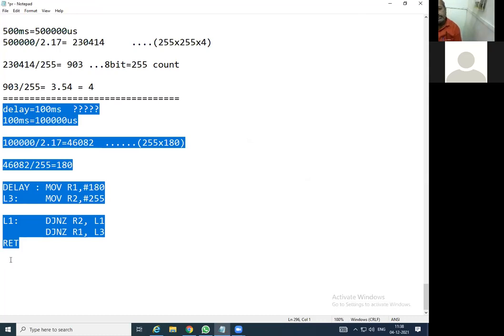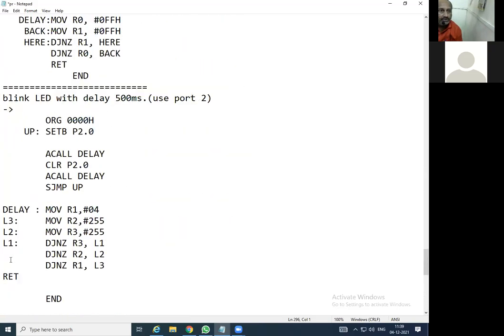One task for your homework: like this, you can write the code for 50 millisecond. Just note down the problem statement. In the same way only, we will change.